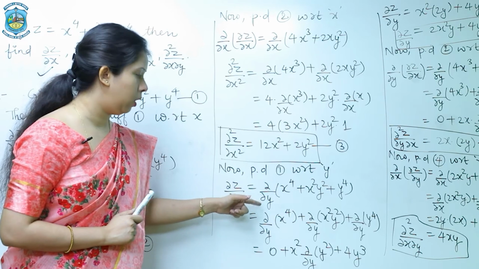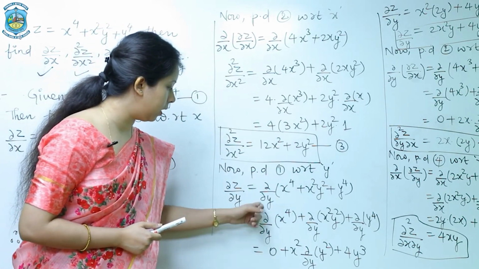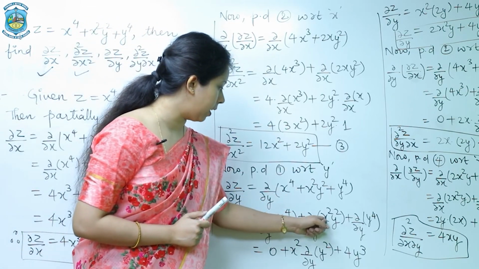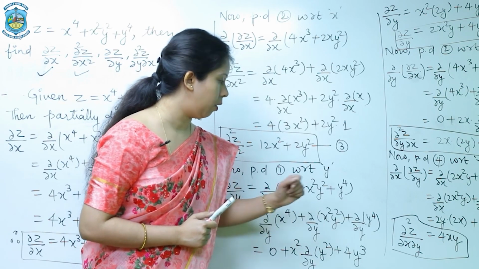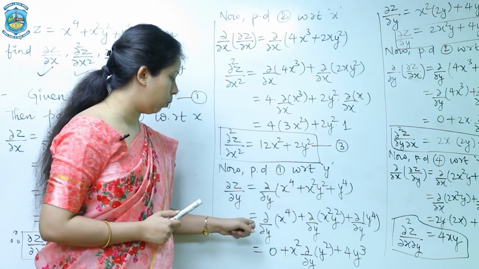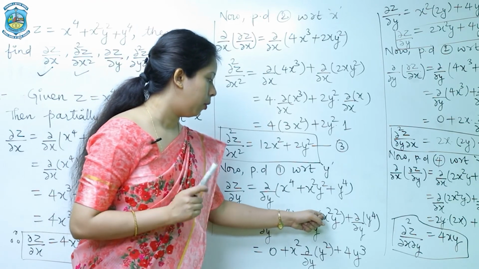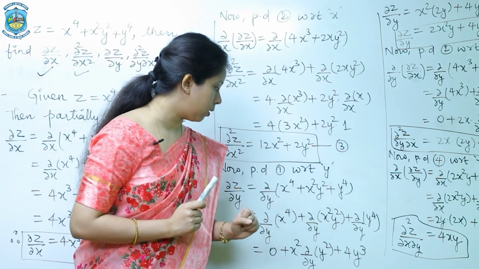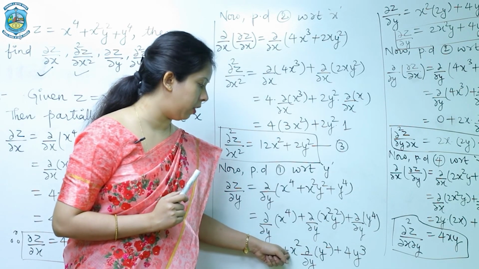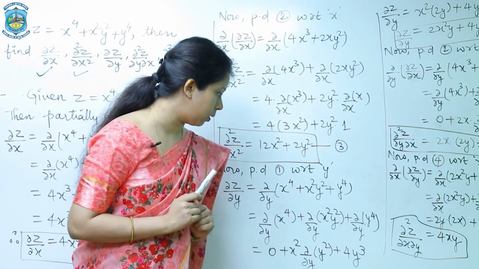So on simplifying, we are using the rule of derivatives. So each term will have a separate derivative, so that would become del upon del y of x raised to the power 4 plus del upon del y of x square into y square plus del upon del y of y raised to the power 4. So as we all know that the partial differentiation of x with respect to y is 0. And for the second term, here we have product of 2, that is x square and y square. So since we are differentiating with respect to y, here x square will be treated as constant and will be taken out. So x square into del upon del y of y square.